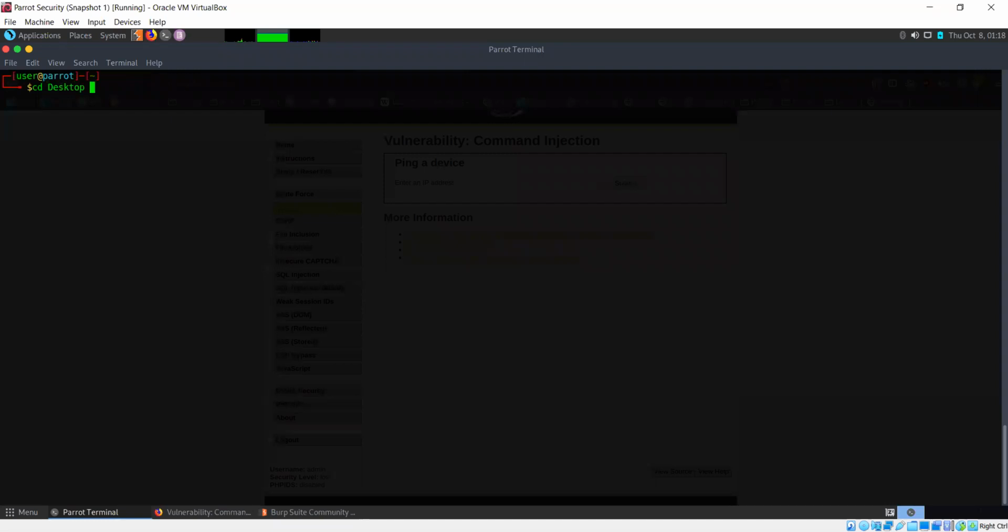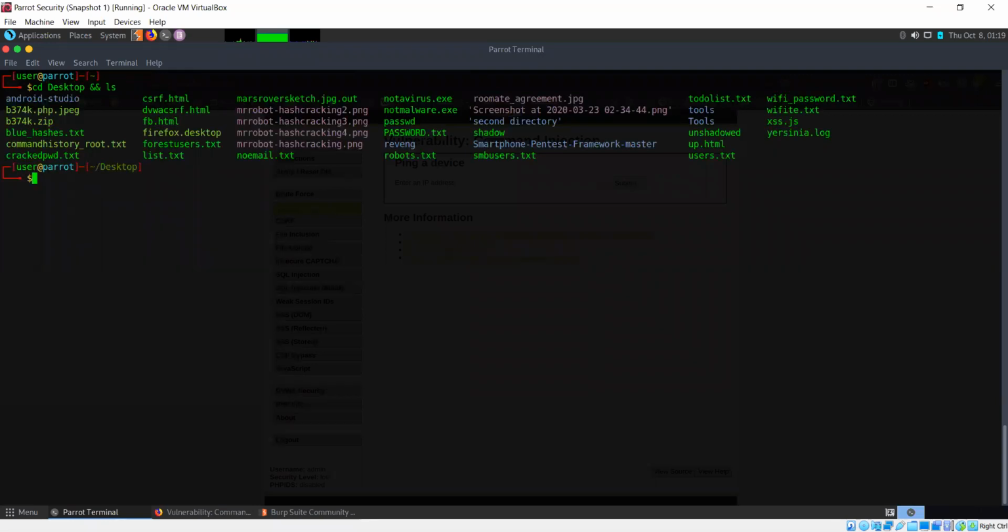And if I do this, now we change the directory and we listed the contents of the directory. Of course, there are even more ways to chain commands.